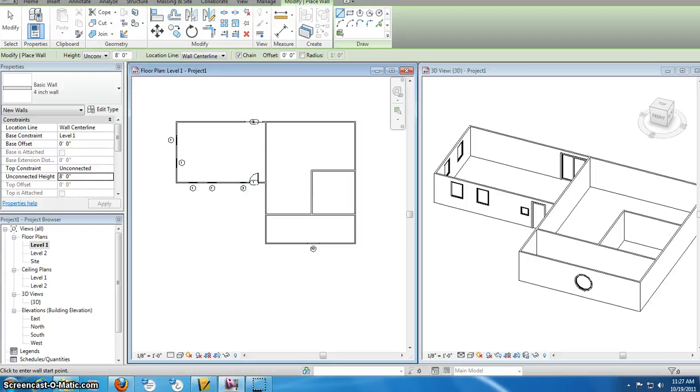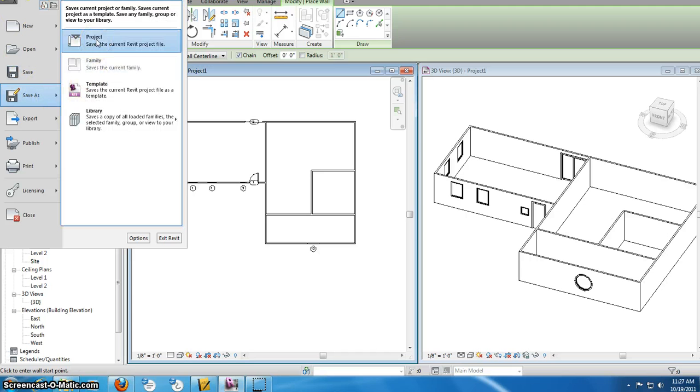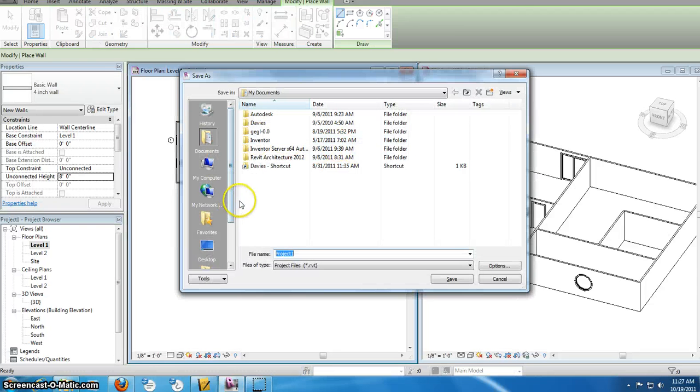So at this point, you'd want to go up to the little down arrow here on the R. You might not be able to see that on the video, but down arrow on the R. Go to Save As. You're going to save it as a project. And then why don't you call it your last name. Click on Documents and make sure it says My Documents. Sometimes it defaults to just Documents, and that's not going to your file. Documents, make sure it says My Documents, and then last name,